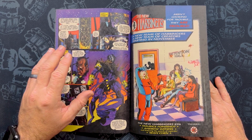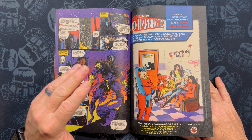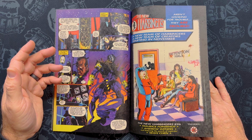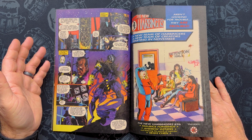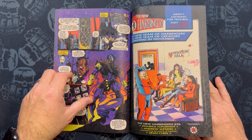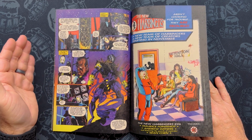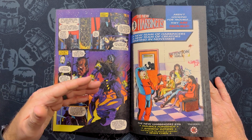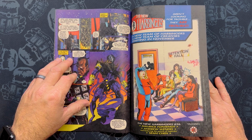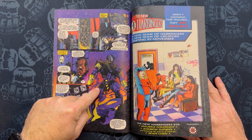Sometimes I think, especially in this time period and even today, where people are always looking at what's coming out before it ever comes out, you get a lot of promo material early on. So you already kind of know what things look like by the time they come out. I almost think that these creators at the time, or maybe even editorial, took some of that for granted, that the reader was going to already have an idea before they jumped into this #1 issue. And we had seen Ninjak's costume in the Bloodshot issues, but this is his #1 issue, and we should have been getting nice establishing shots,